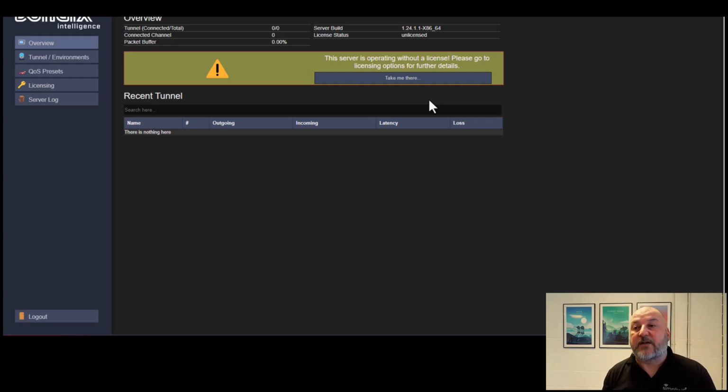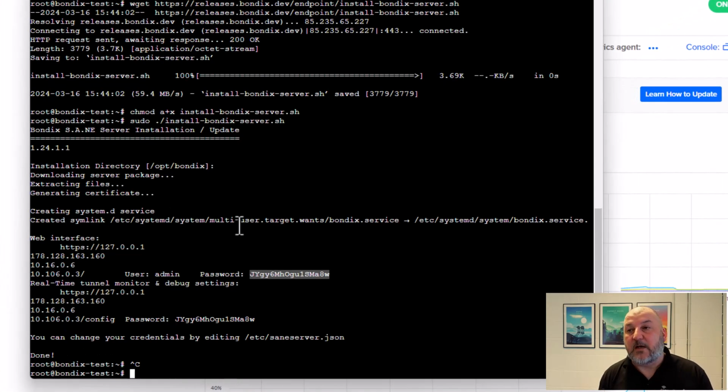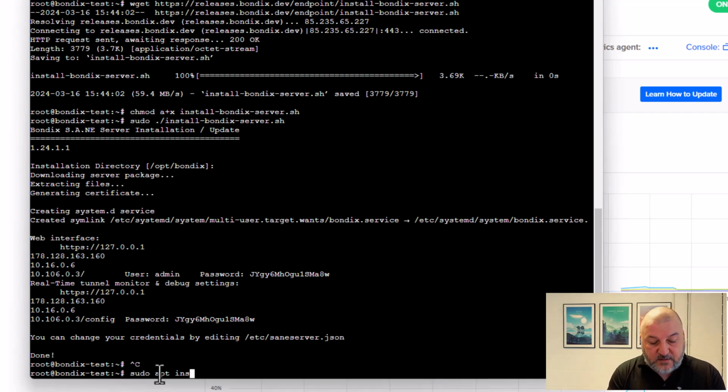What we're going to do now is go back and set up the Let's Encrypt portion so we have a proper SSL certificate on the website. If we head back to the command window, at this point we're going to install something called certbot. This is what's going to handle all of our SSL certificates as well as renew them every 3 months. So we do sudo apt install certbot,